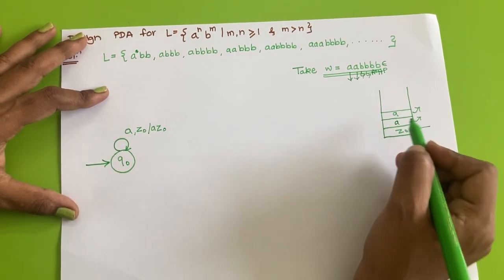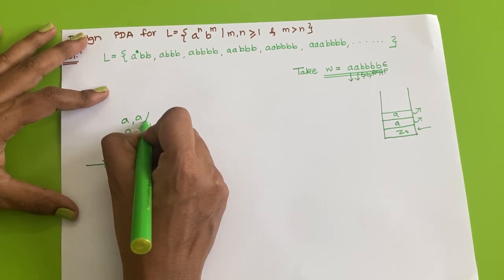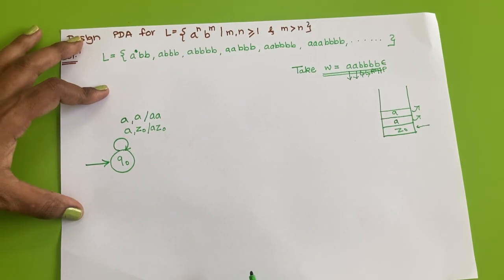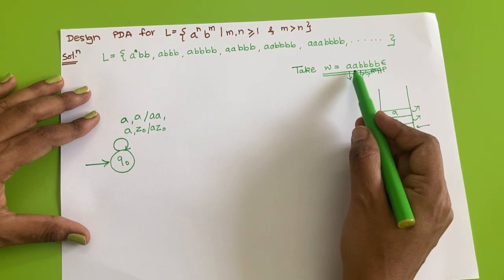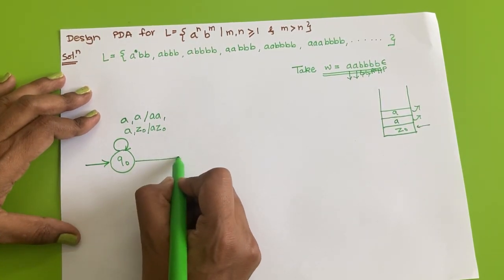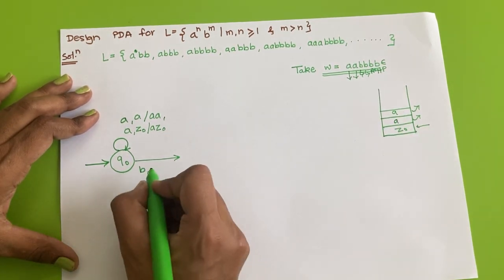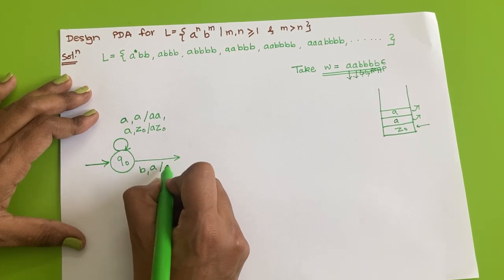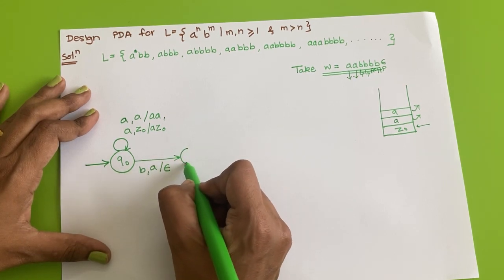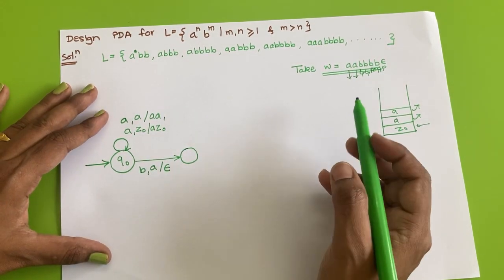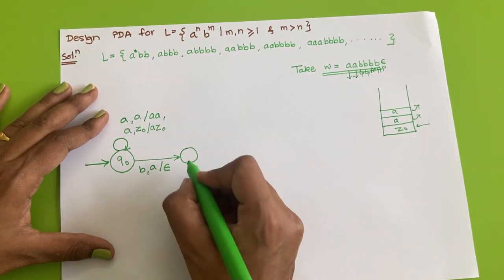But from the next onwards, the top will be A. So if the input symbol is A and top of stack is A, then again we perform the push operation. This will be repeated for the remaining A's. Now whenever we have the first B, and our top of the stack is A, then we have to perform the pop operation. This first pop will be executed a single time, but for the remaining B's, if top of stack is A, that will be repeated.